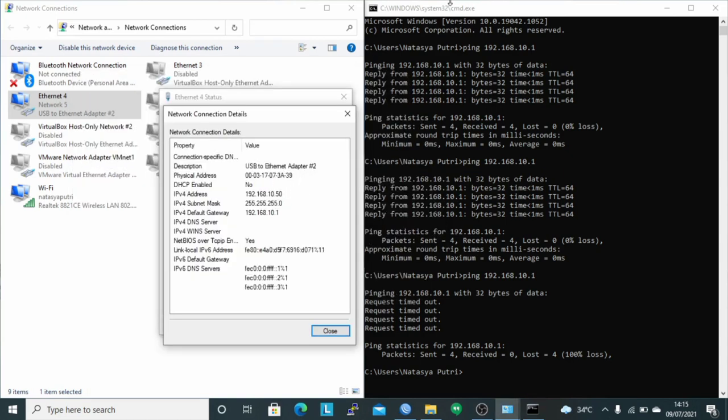So that is my explanation regarding the input chain configuration on MikroTik.